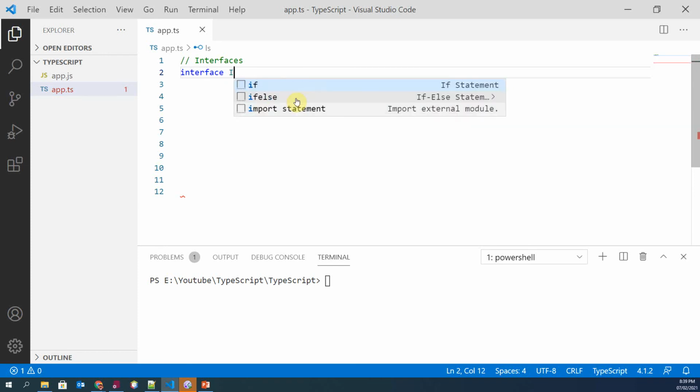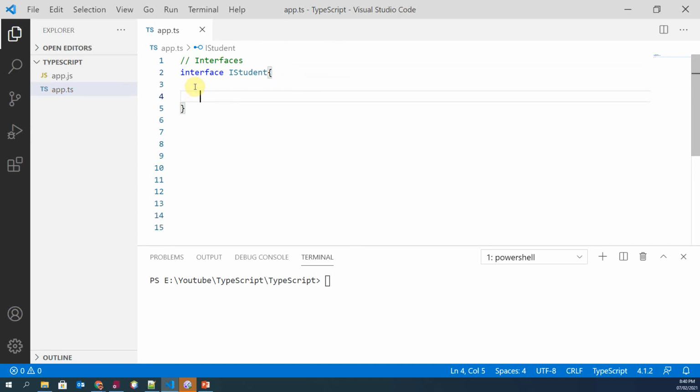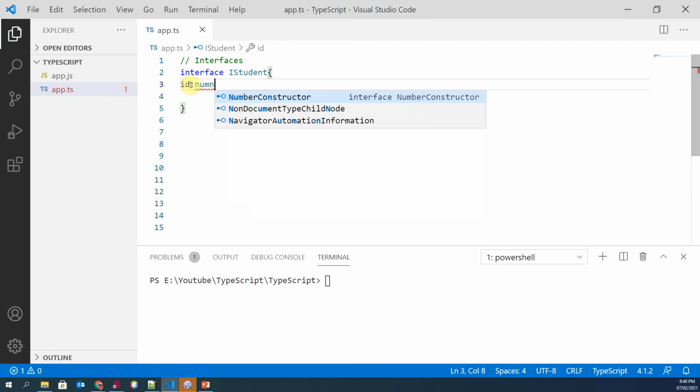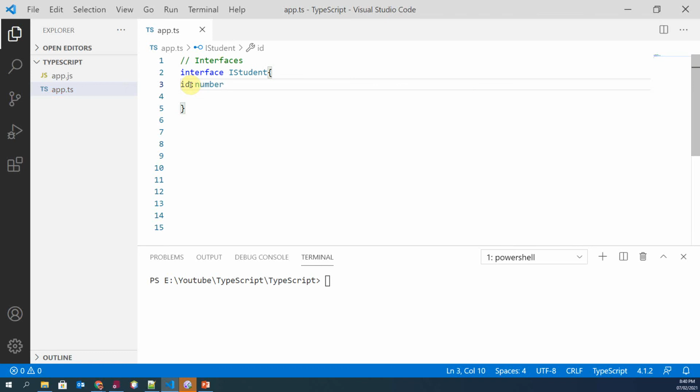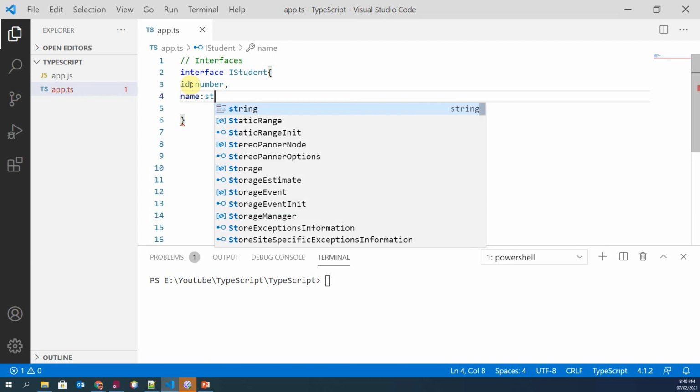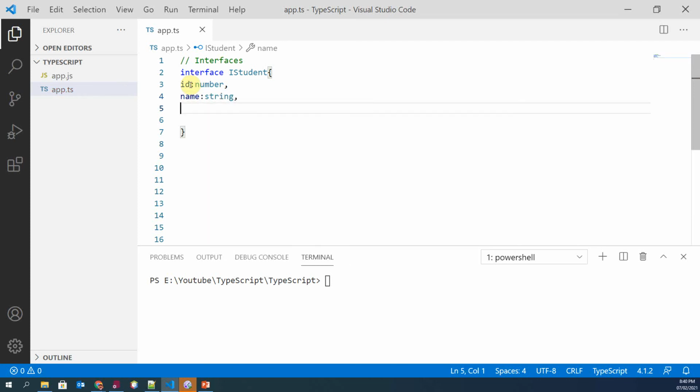I am naming it as IStudent, which is the name of the interface, and then opening and closing curly braces, and in these braces we provide the structure of this interface. For example, we have id of the student, and the type of the id is number,